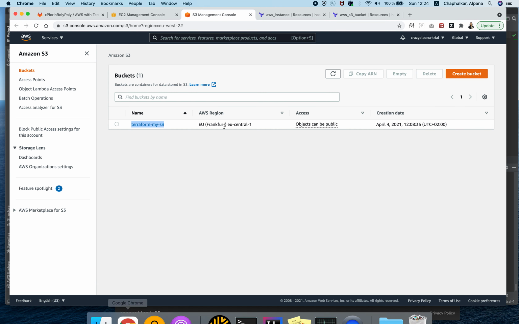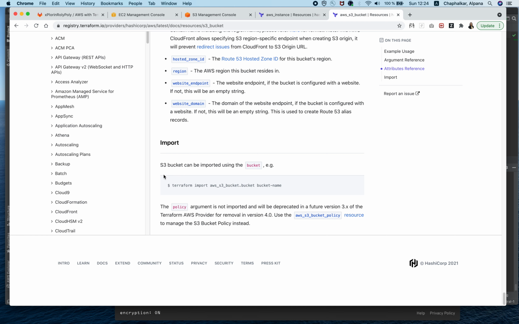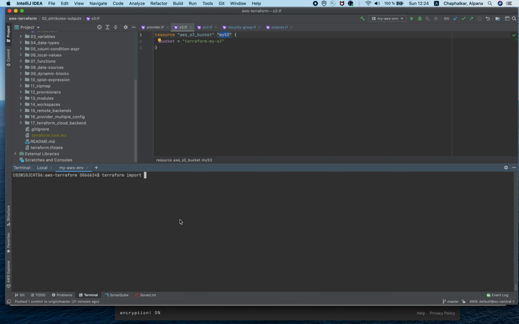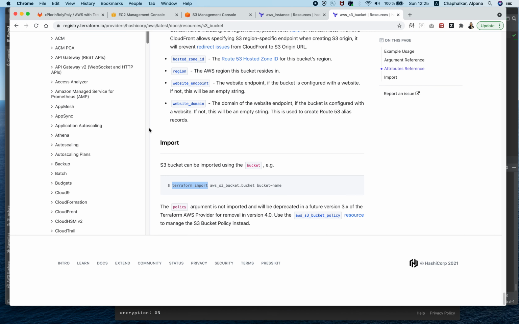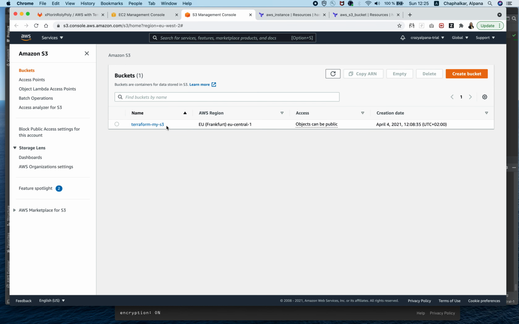If you take a look at the official documentation of Terraform, this import command, so terraform import -config, because we are using another directory, so it would be 02 underscore, okay, and the S3 bucket resource type dot my S3, and the manually provisioned S3 bucket name, so that would be Terraform my S3.